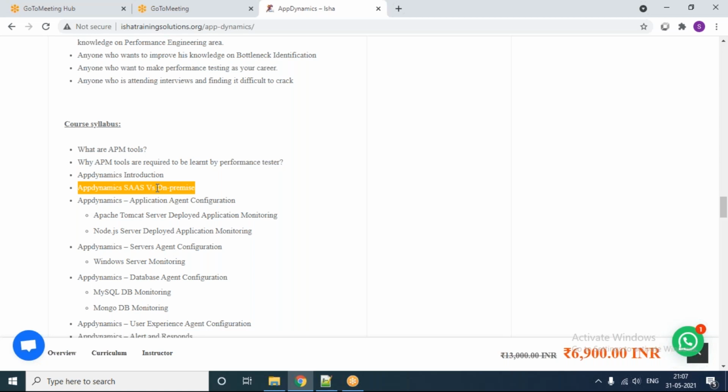So in this course journey, everything we are going to do is practical. All this learning is practical learning: installation, configuration, data extraction, bottleneck identification, everything is practical understanding. I'm going to share the dump files with you. I'm going to share the application war file with you. I'm going to share the concepts so that you can also do it on your local machine or on an AWS machine, whichever way you want to do. You can do that and then extract the data. That is what we are going to learn. That is how we are going to proceed with this course journey.